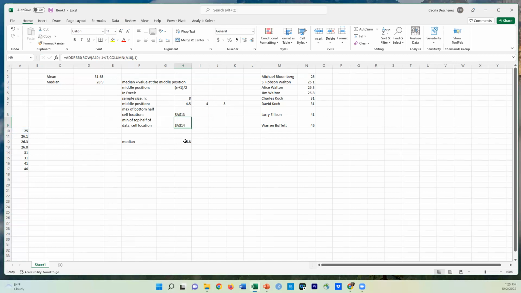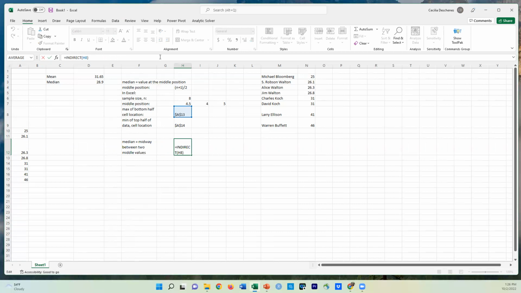All right, so what's the median? The median, remember, is the midway point when you have an even number of data points. Median is equal to midway between 2 middle values. All right, so when you have an even number of data points, you have to find that midway. So let's find the midway between these two. So right now we have indirect is pointing at A13. So if you remember the formula for midway, you're going to add